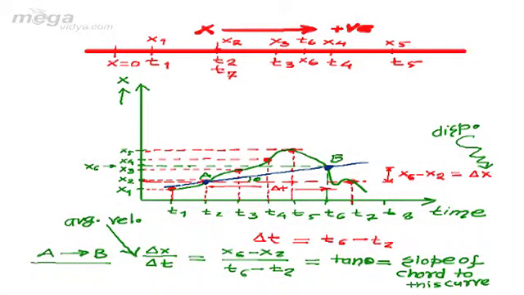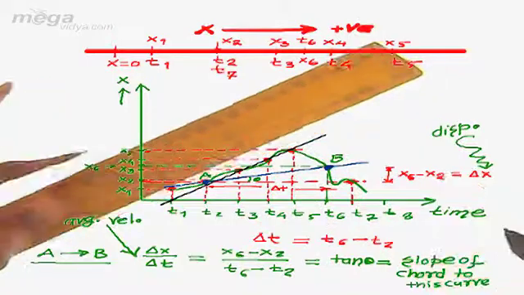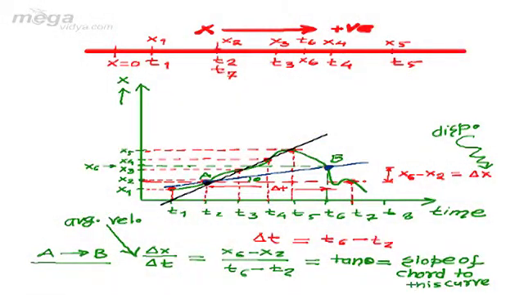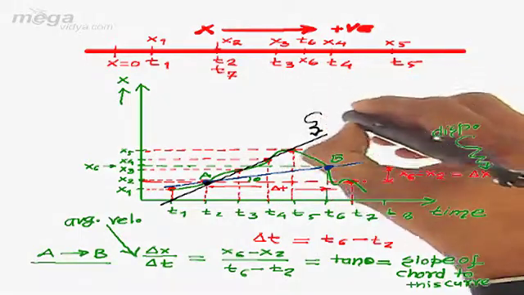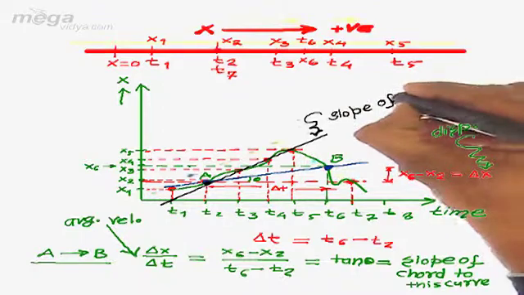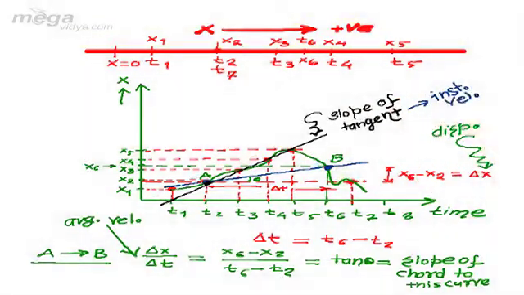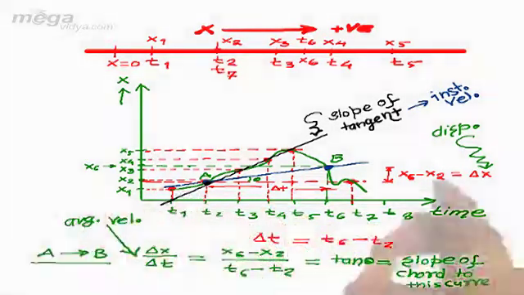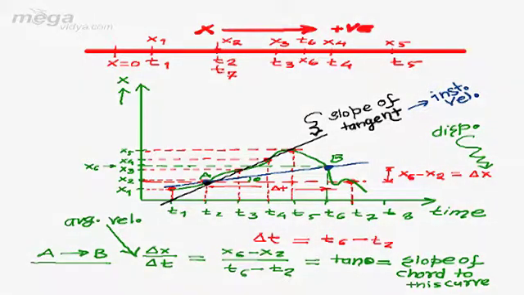Now just consider the point A again on the curve. If I draw a tangent here on this curve, just see, this line is the tangent at this point, and the slope of this tangent gives us the instantaneous velocity at this time t2. The slope of the tangent gives us the instantaneous velocity. I think you can see here that at various places instantaneous velocity can be obtained by the slope of the tangent to the position-time curve, and for average velocity between two times or a large time interval, we just have to draw a chord to the curve between those two points, and the slope of that chord gives us the average velocity of the particle between the corresponding